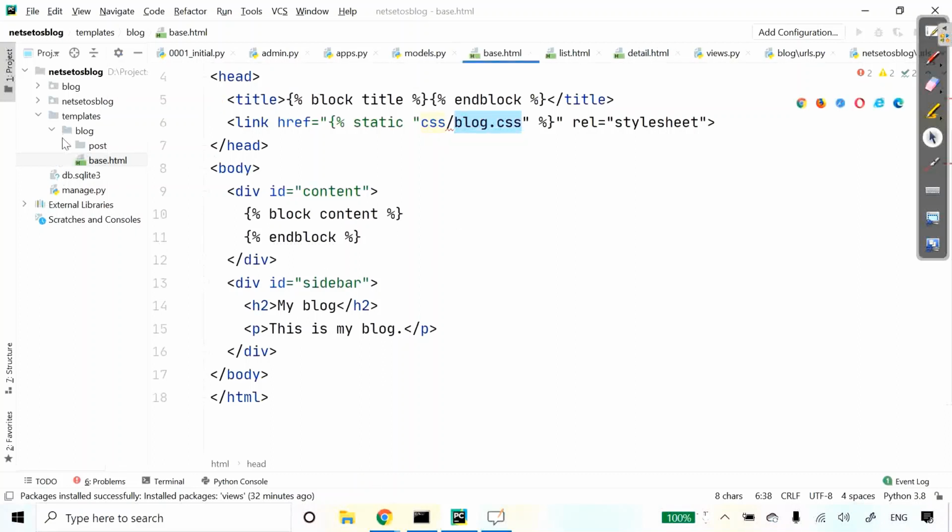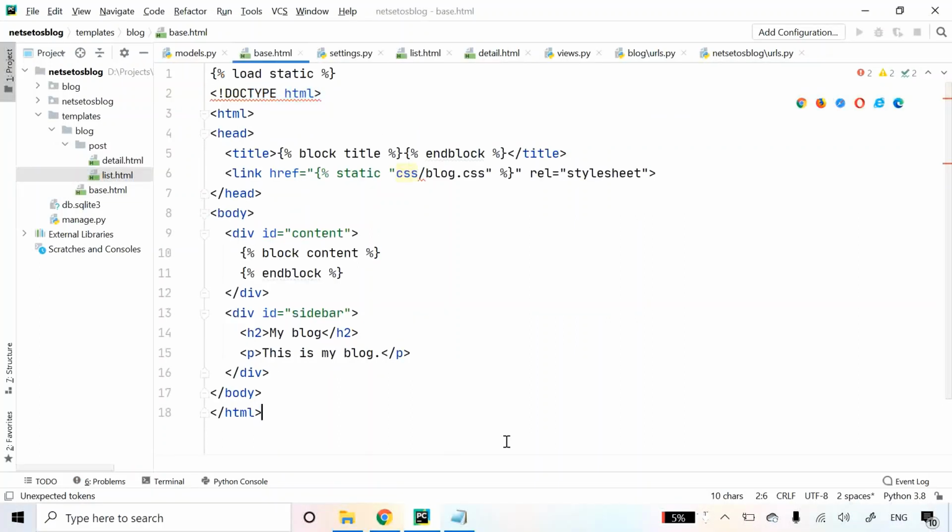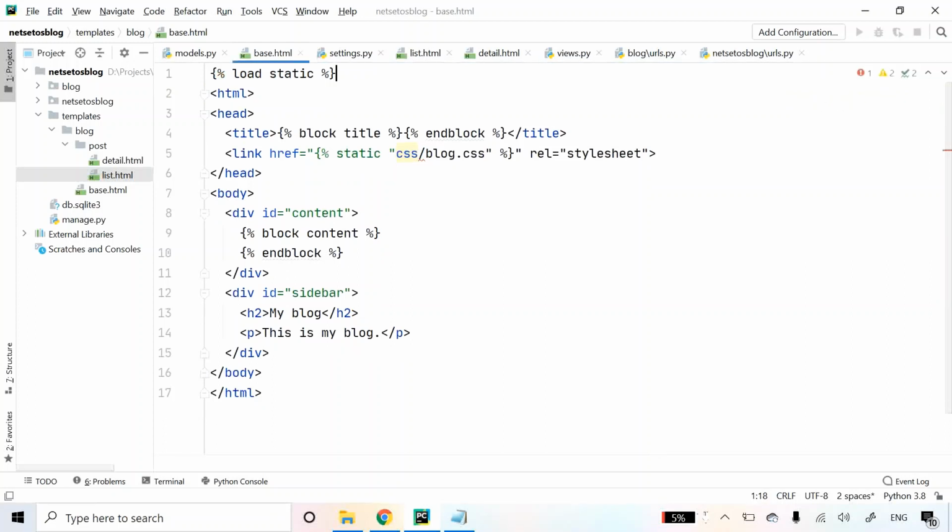Now after this we need to make some changes in list.html as well as in detail.html so as to have a full view of a site. But before that there is an error over here. So let's delete this for a while. And here you can see there are two block tags. These are used to tell Django that we want to define a block in that area. Templates that inherit from these templates can fill in this block with content. So here we have defined a block called title and a block called content.